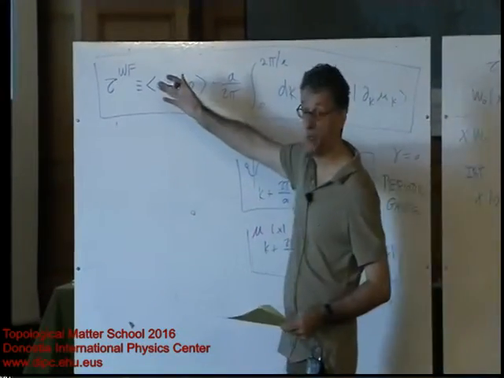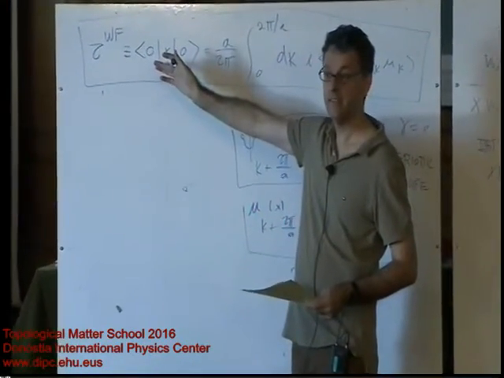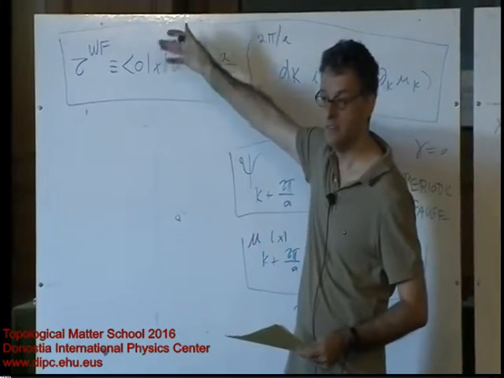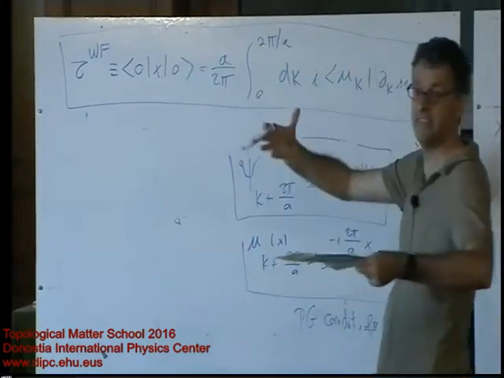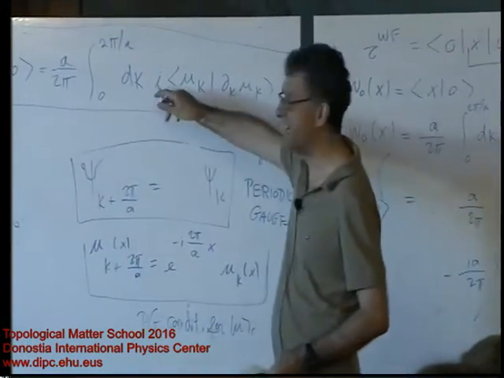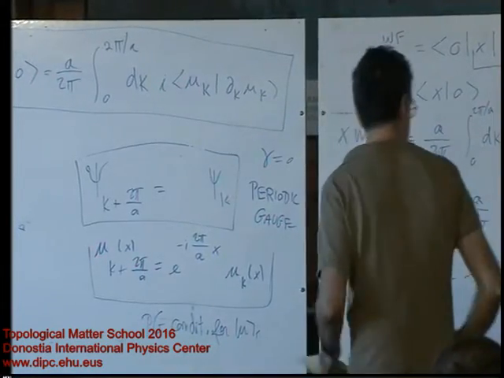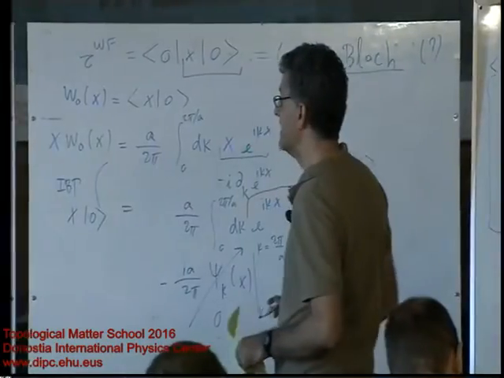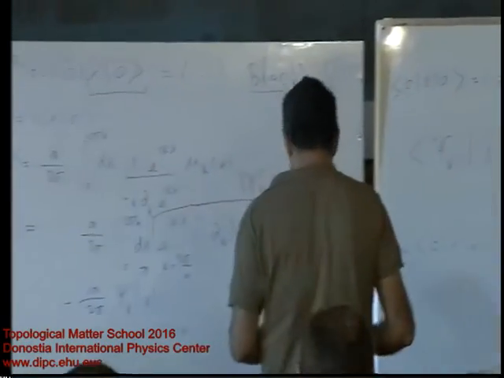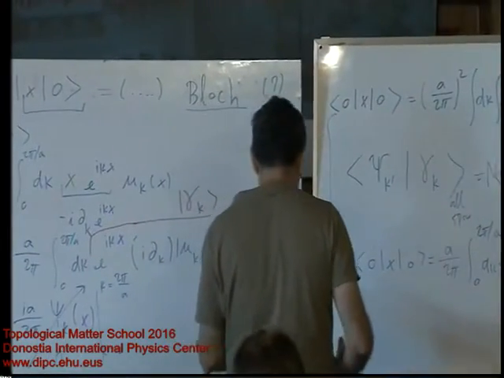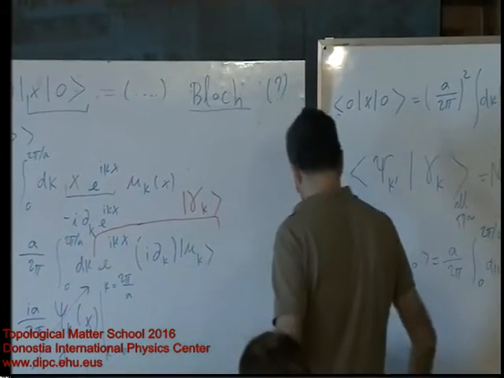This is obviously a real quantity, right? It's an expectation value of a normal operator. It's the center of an orbital. And you have an i here. So I think it's probably good to check that even though we do have an i there, that guy is real. So let's take the